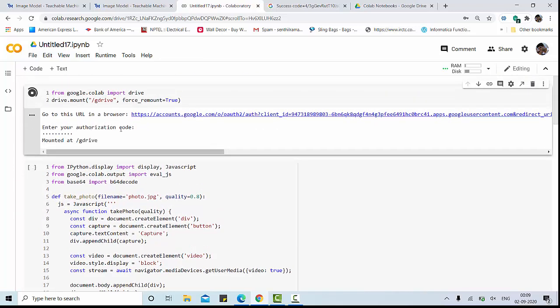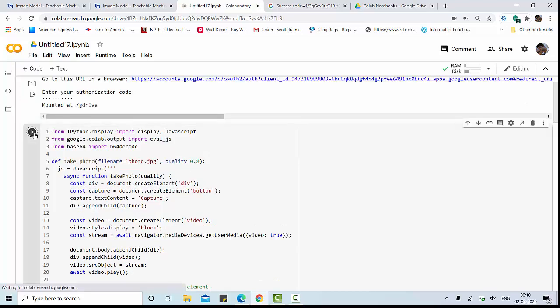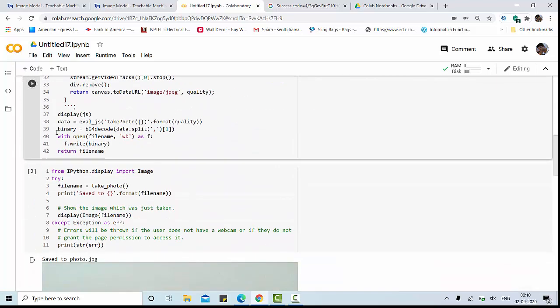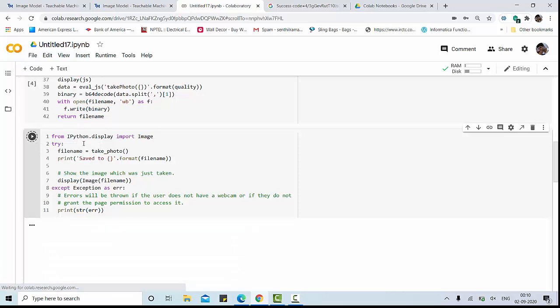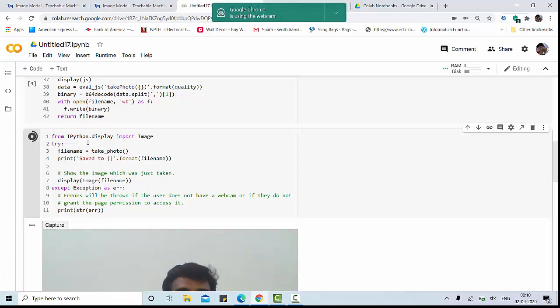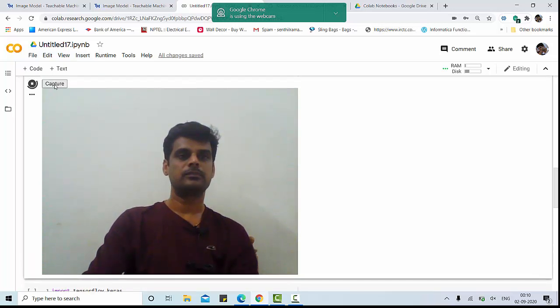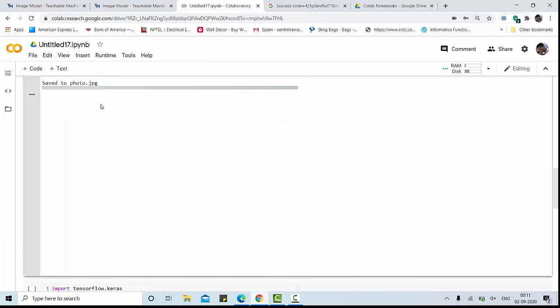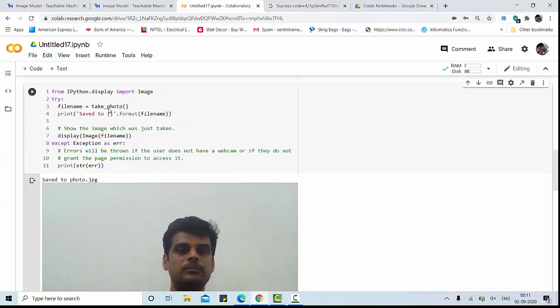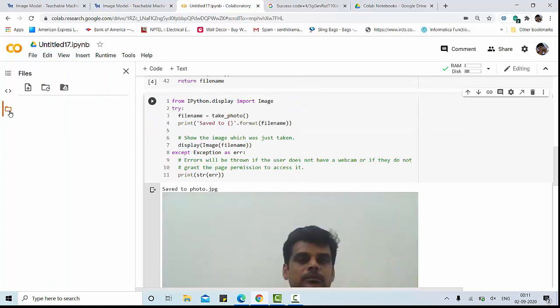Then your Drive is mounted. Run this code and also this snippet, which will enable the camera. Capture the image. Then this image is stored in photo.jpg.